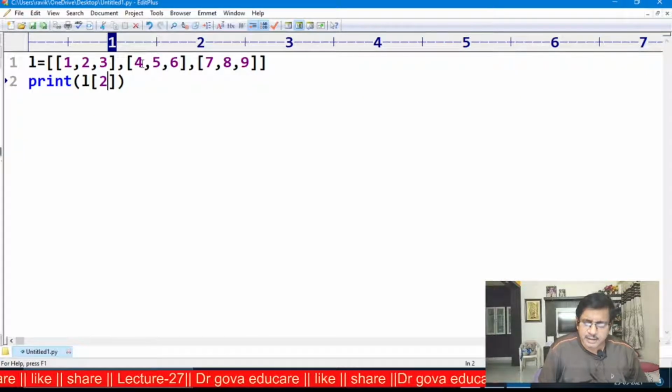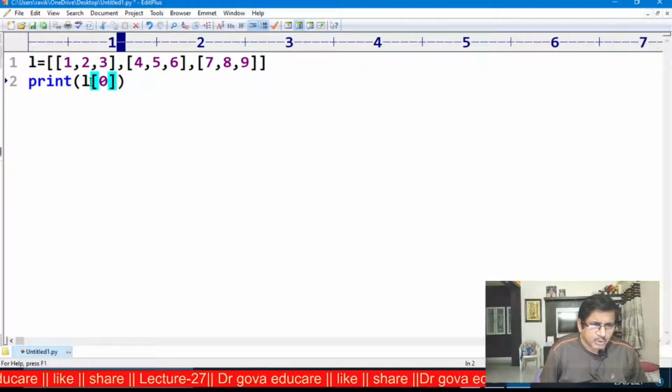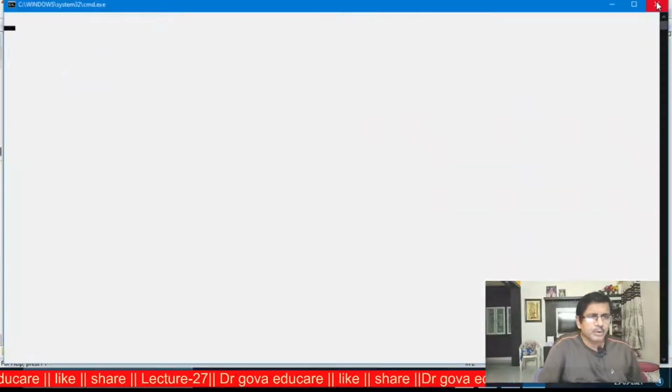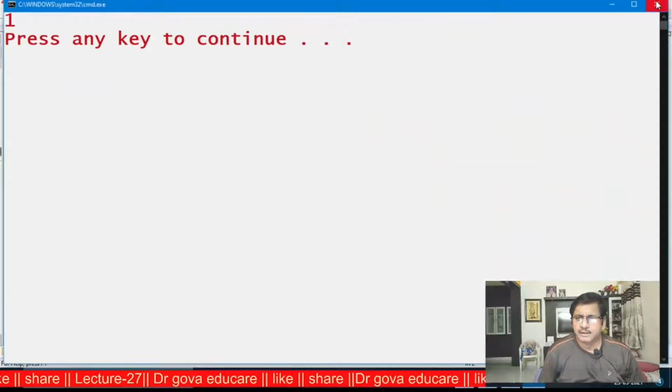Next, L of 0, 0 is this element. Now this is the row, and this is the column 0, 1, 2. I want to display this element, L of 0, 0, so 1 will be displayed on the screen.